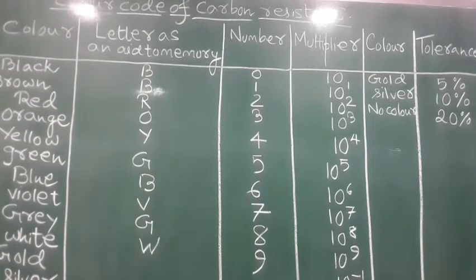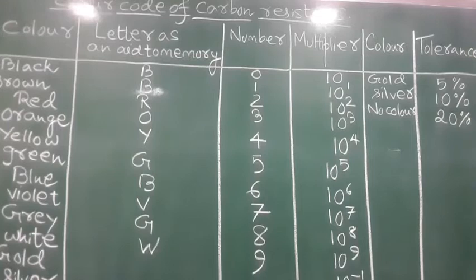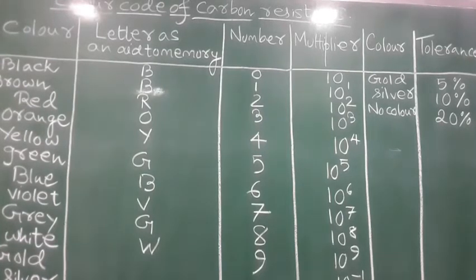Resistors are components in an electric circuit which offer resistance or opposition to the flow of current in the circuit. These resistors may have resistances ranging from a few ohm to millions of ohm. These resistors are of various types. The most common types are wire wound resistors and carbon resistors.